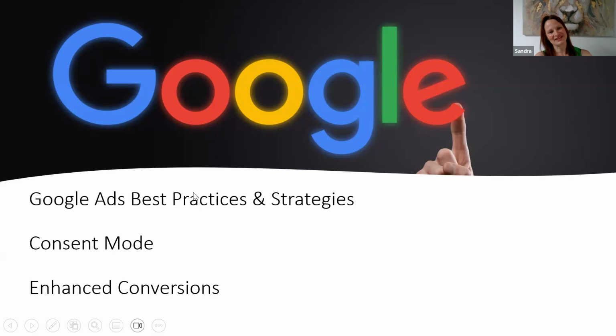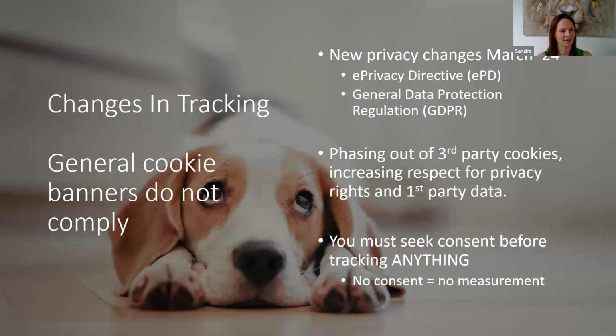So today, as I've already said, we're going to look at some of the best practices and strategies. The biggest issue that's causing problems with advertisers, which is consent mode and enhanced conversions. So we'll kick off with that one first. There have been quite a few changes in the privacy regulations at the start of this year. It's all to do with the phasing out of third-party cookies and replacing it with first-party cookies. And first-party cookies and data are the information that you get directly from people entering information onto your website, rather than gathering information from outside of your website.